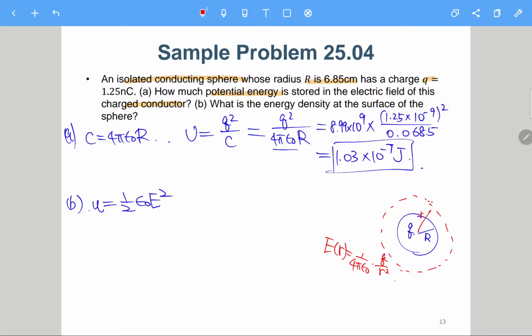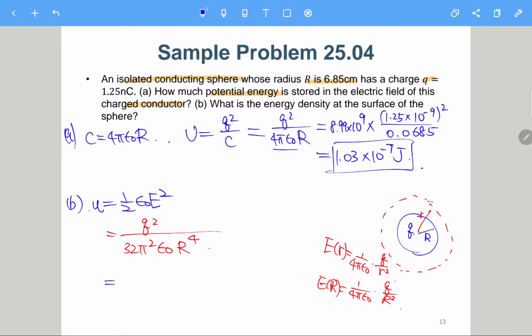Or actually, if you make small r to be R, then E at R would be 1 over 4 pi epsilon naught times Q over R square. So if we substitute this expression here, we will have Q square over 32 pi square epsilon naught R to the 4th power. So we can simply substitute